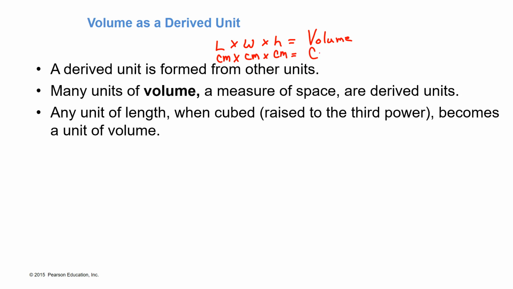So that means that 1 unit of volume will be something like centimeters cubed. You could also have meters cubed. You could have inches cubed, just depending on whatever you measured it in. So units of volume are going to be things like cubic centimeters, cubic millimeters, cubic meters,